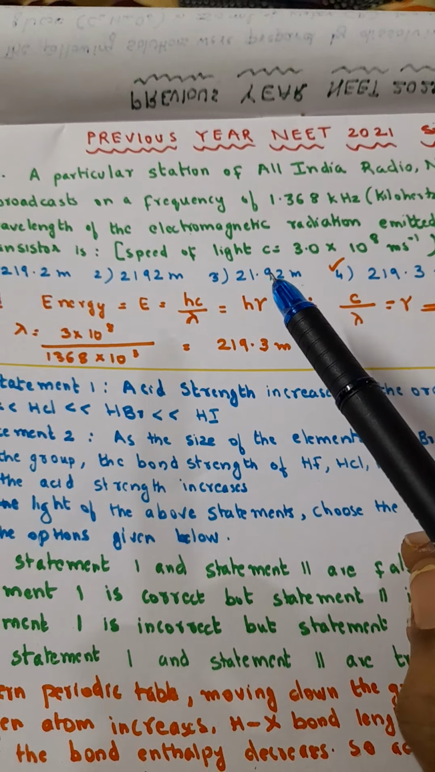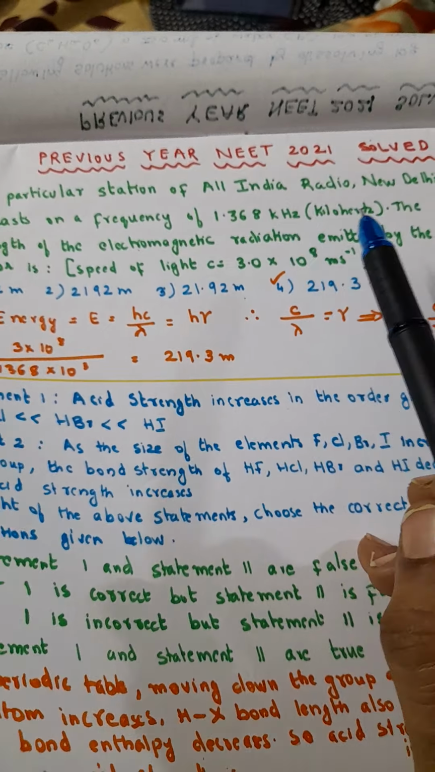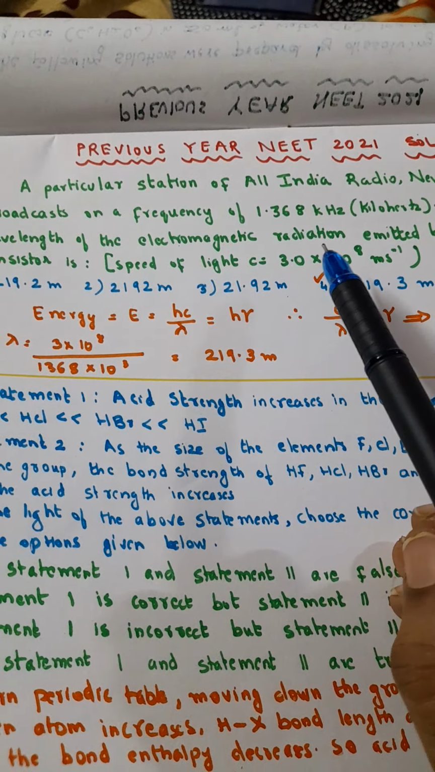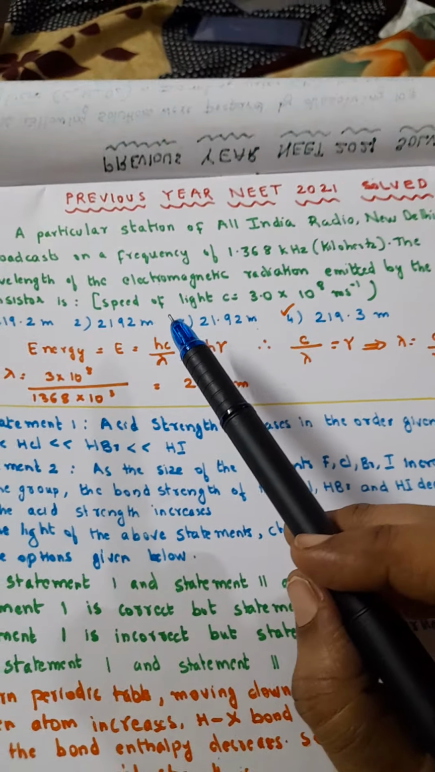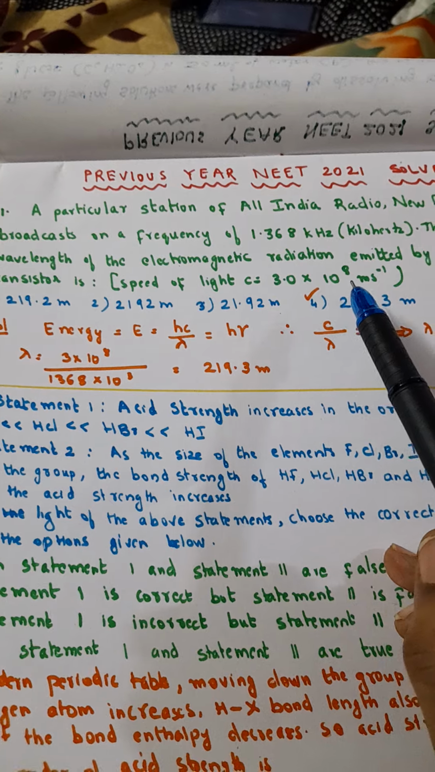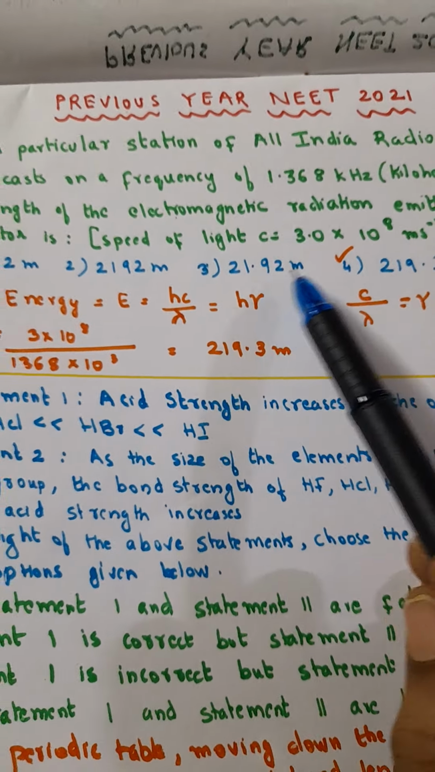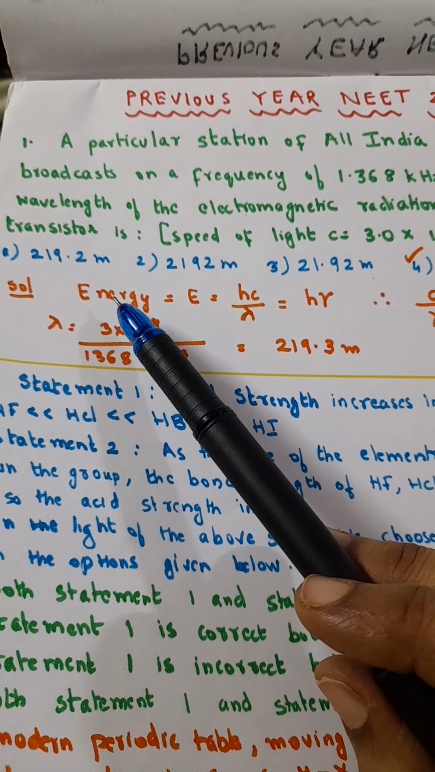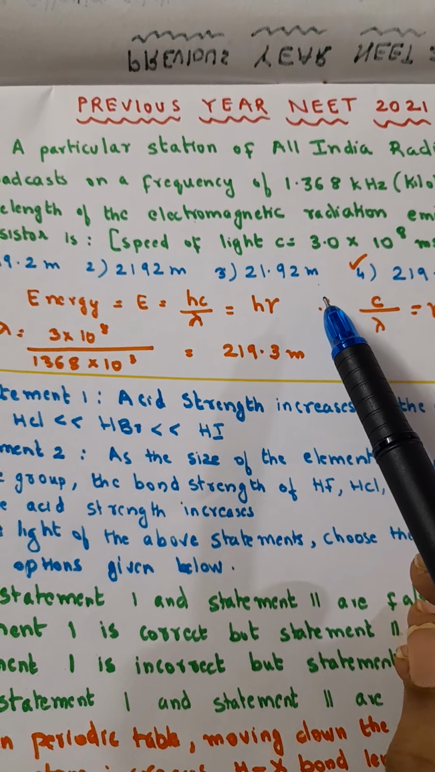So what all data is given in the question? The All India radio station New Delhi, it is broadcasting on a frequency of 1.368. So frequency is given, and wavelength of the electromagnetic radiation you have to find out, and they have given you the speed of light as c, that is 3 into 10 raised to 8 meter per second. So the options are 219.2 meter, 2192 meter, 21.92 meter,